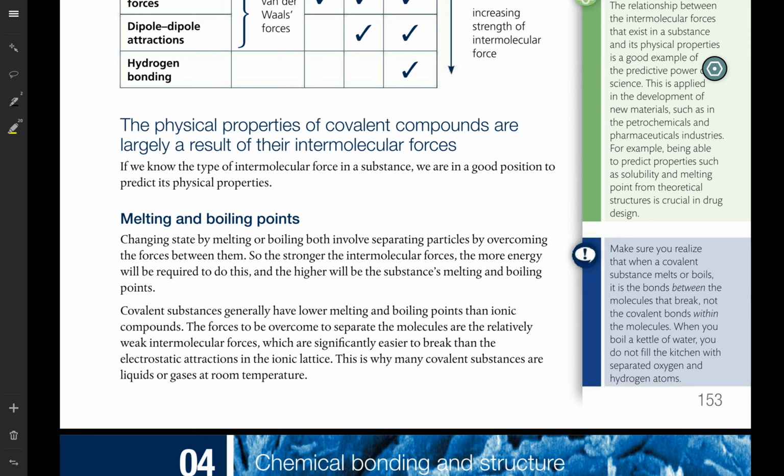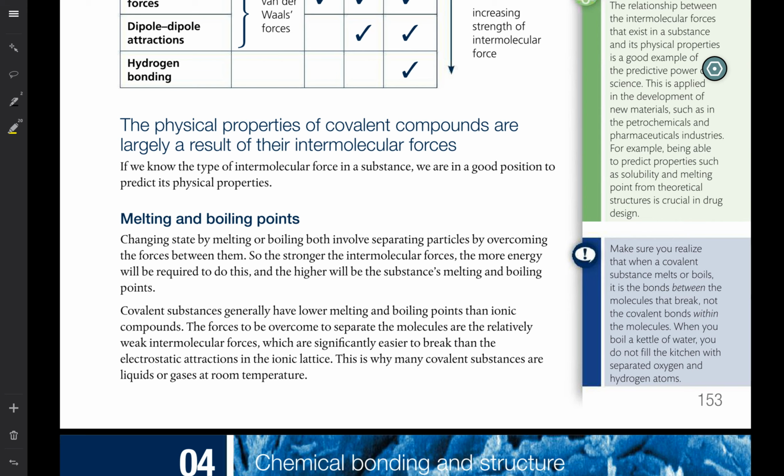In this video, we want to study the physical properties of molecular compounds. Two main physical properties that we want to discuss here are the melting point and boiling point, and solubility of molecular compounds. The melting point and boiling point of any substance depend on the attraction between its base